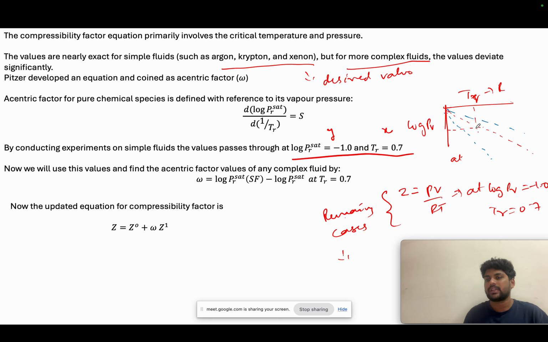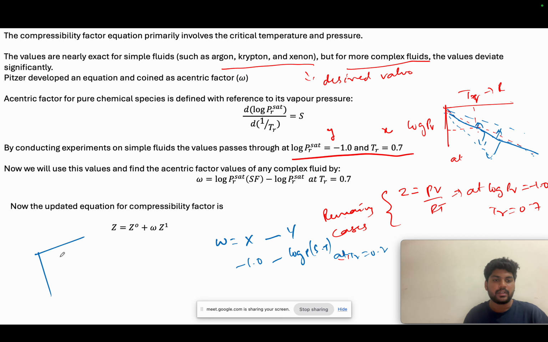So for the simple fluids, wherever the condition is satisfied, he took this line, and how much deviation is happening, that is what he called the eccentric factor. So he said, I have a standard value x at minus 1.0, and how much deviation I am getting, that is y, which is log of P of the saturated value at TR equal to 0.7. At this TR equal to 0.7, he kept this value constant. So basically the equation is 1 by TR,